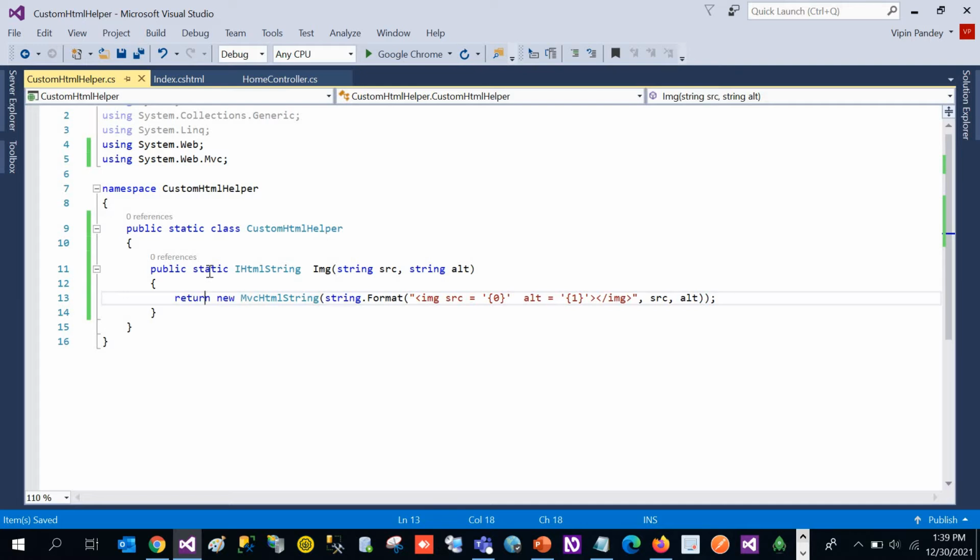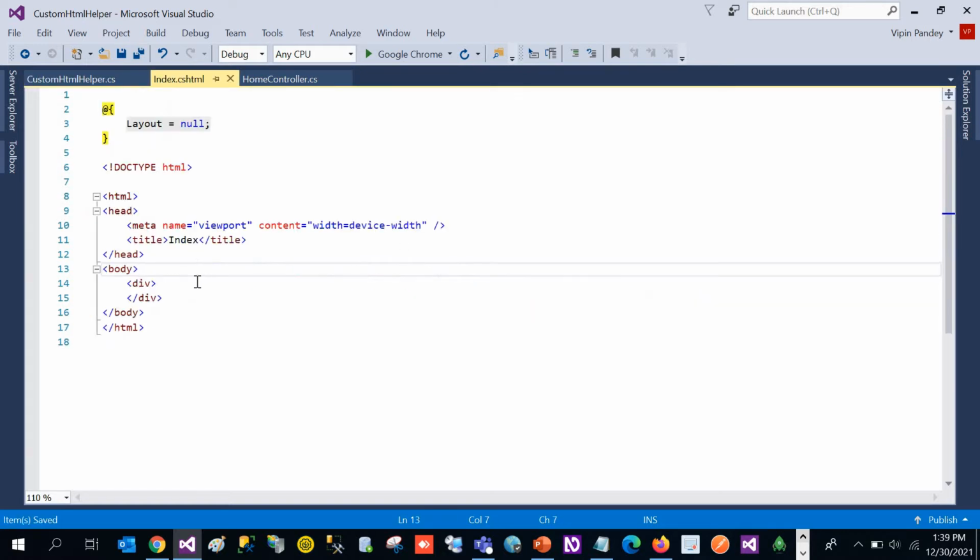So that's it. We have created one static class, and inside that static class we have created one static method for displaying your image on the UI, by using these two parameters. So let's go to our index page, and over here